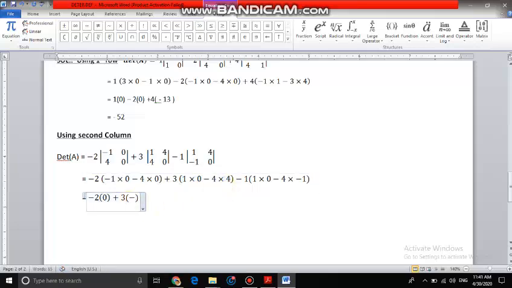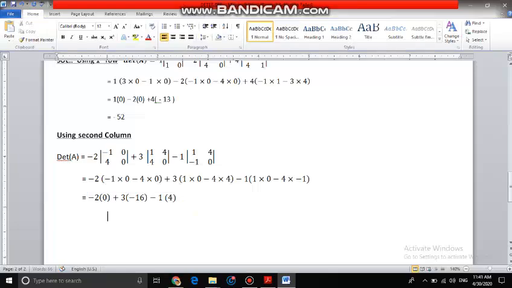So this will be minus 16. Then I have minus 1 in brackets. Now if I multiply the third one, 1 into 0 is 0, minus 4 into minus 1 is plus 4. So you have to be very careful with this one. If I solve this one, you will get